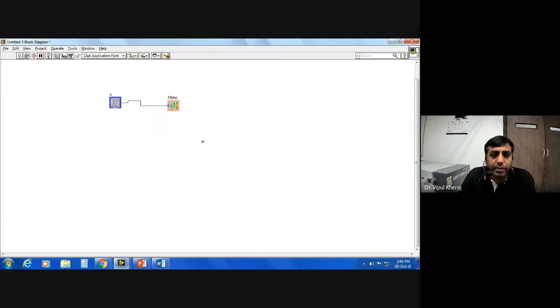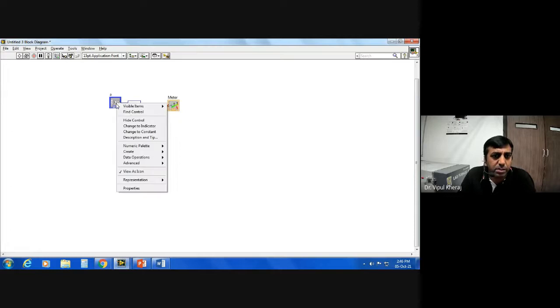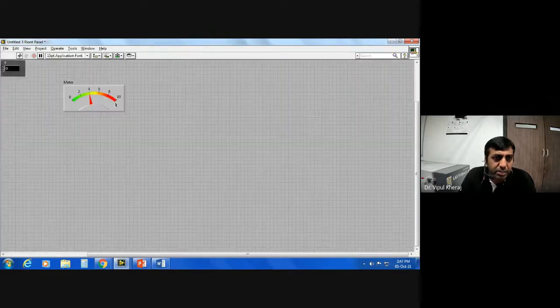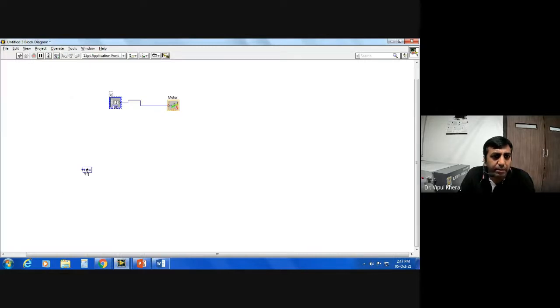All right. Now in this program, we want for some other loop also, or for some other structure, the value of A parallelly available there as well. So simply we can right click on this and create a local variable. So that's the local variable. So now this is the A. I can make it a control. It can take the data as an input or it can take the data as output. So I can take the value to A, which will also be automatically changed here. And whatever change I make here will also be available at this place, right?